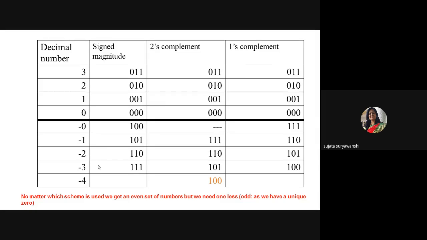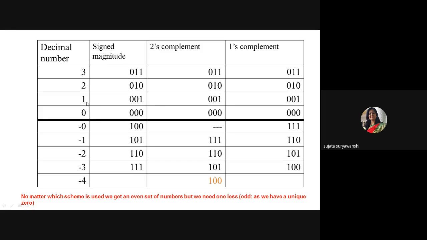Now the next PPT is to show the 2's complement and 1's complement of signed and unsigned numbers. Suppose the positive numbers are there: 0, 1, 2, 3. So how to represent 0 in sign magnitude? 0, 0, 0. As the sign bit is equal to 0, the given number is a positive number, and if the sign bit is 1, then the given number is a negative number. Then here 0, 0, 0.